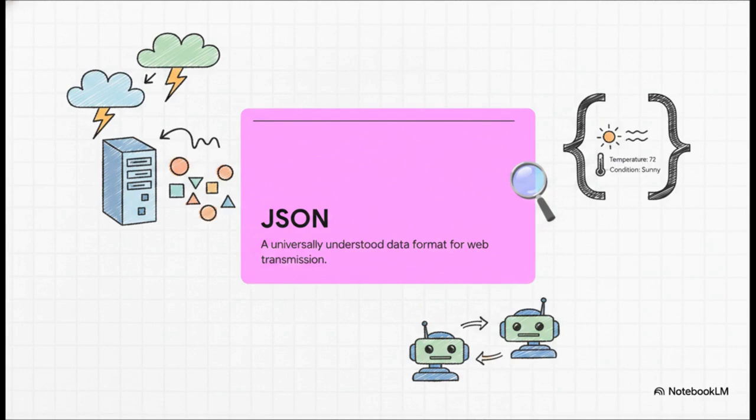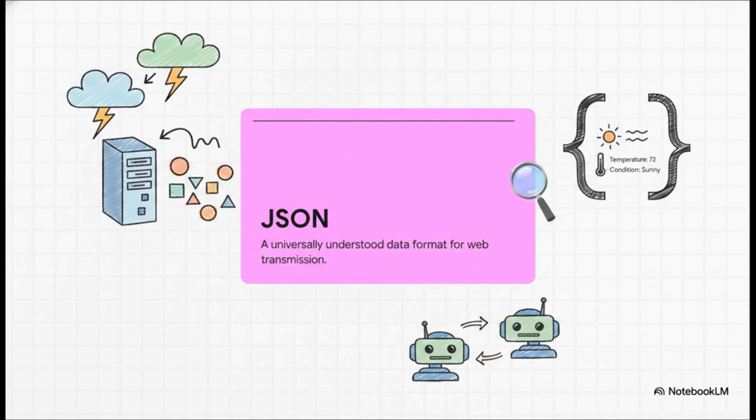It's the universally understood data format used to transmit information across the web. It's the specific language our agent will parse to understand the forecast. It organizes data in simple, logical pairs, like pairing temperature with 72 or condition with sunny. It's incredibly lightweight and super easy for both humans and AI to read, basically acting as the internet's ultimate digital